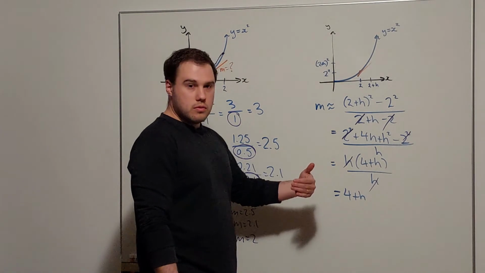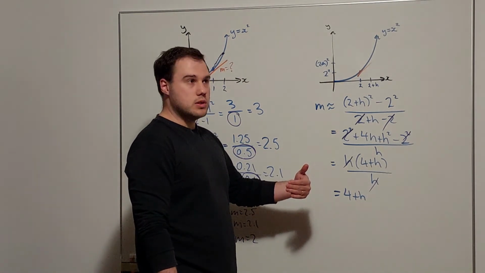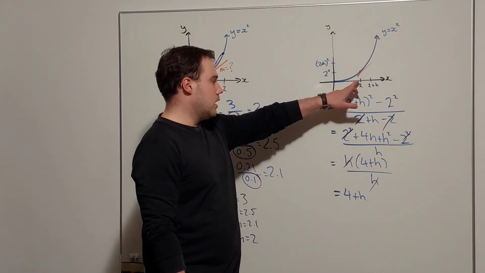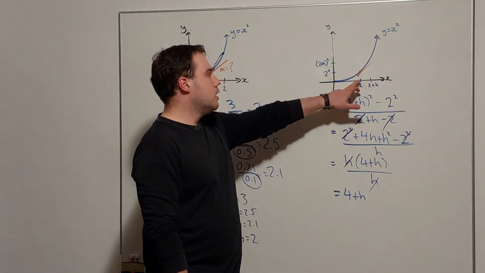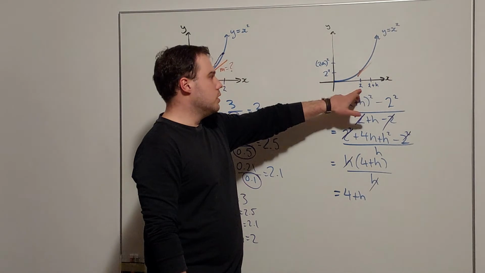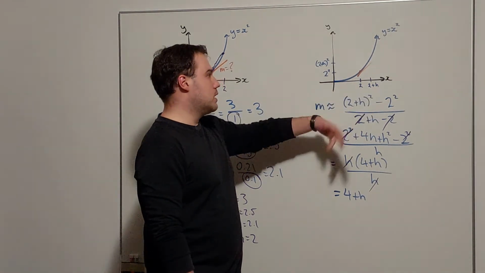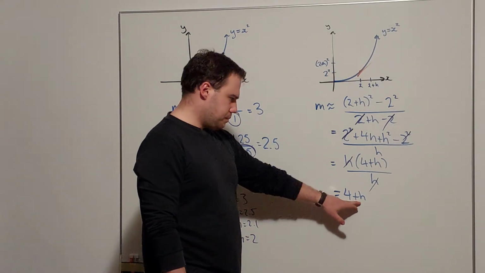But if we took a smaller step, like 0.1, if we had 2 and 2 plus 0.1, then we'd get the gradient of the secant equals